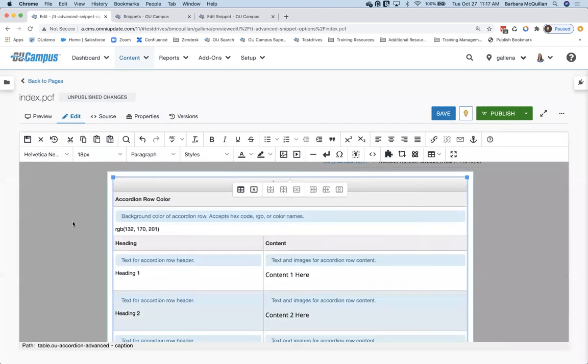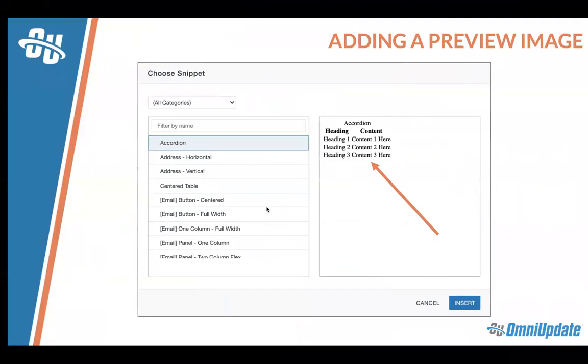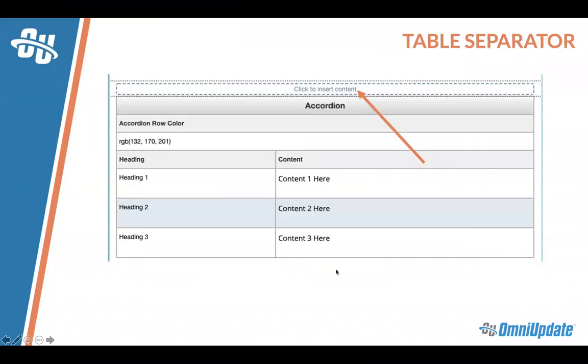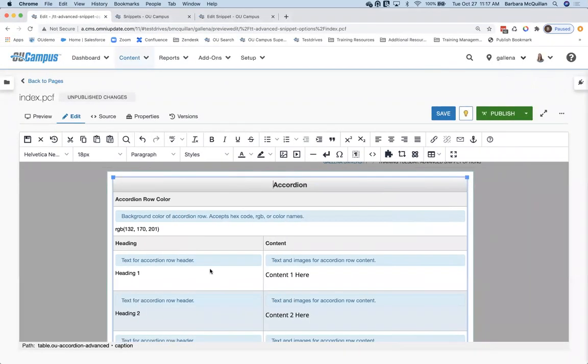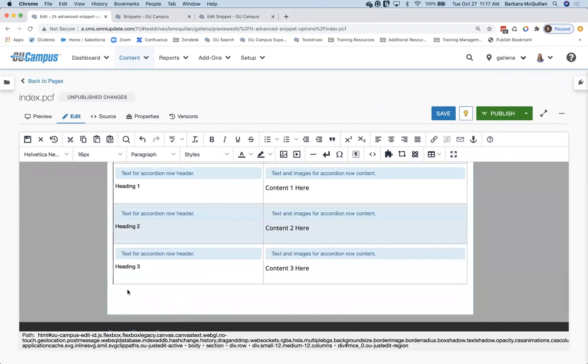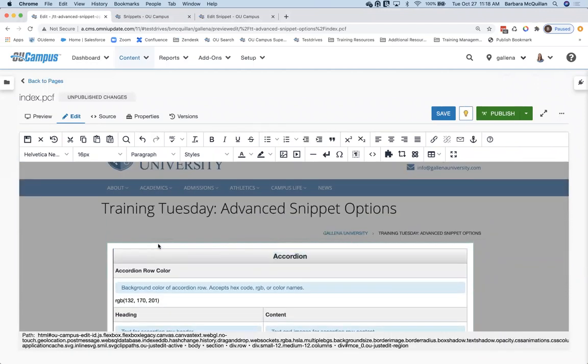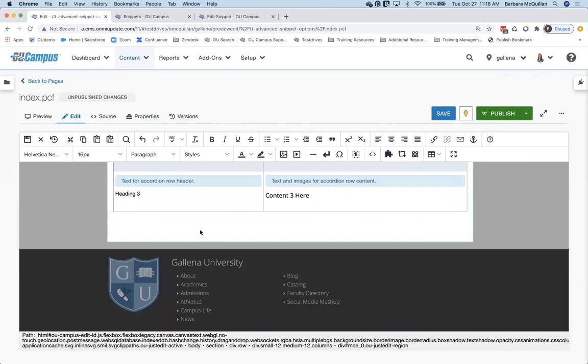All right, so that walks us through using our preview images. The next piece that I want to show off to you guys is using the table separator. If you have an implementation that is pre-table separator, sometimes it gets a little tricky to get your cursor above or below a table. If your table is the only thing inside this editable region, I can't really click above it or below it.